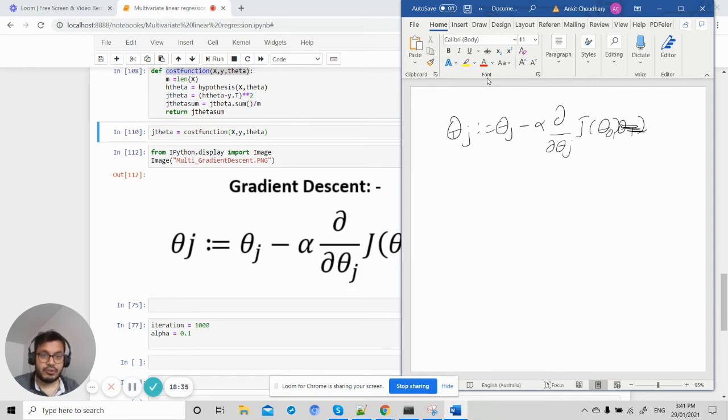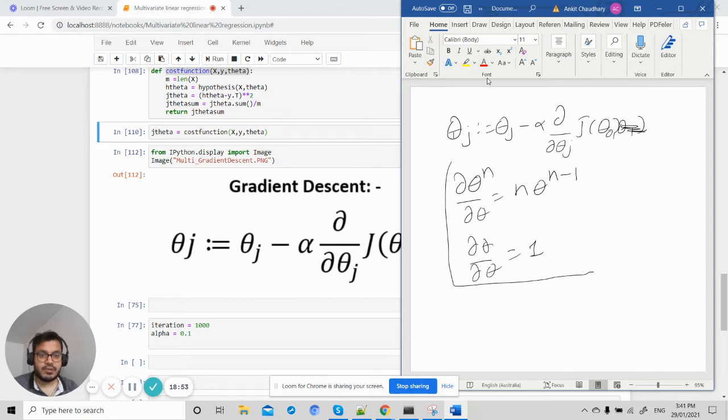So we need to know two formulas for derivative. Suppose the derivative of theta to the power n with respect to theta will be n theta to the power n minus 1, and we should know d of theta by d of theta is equal to 1. So these are the two conventions that we should know about derivatives. Okay, so